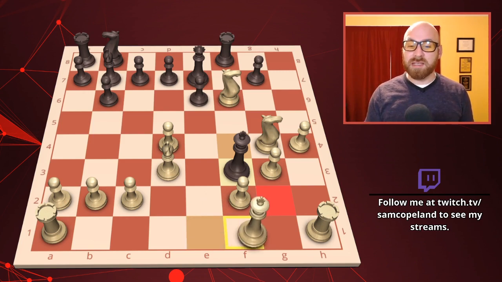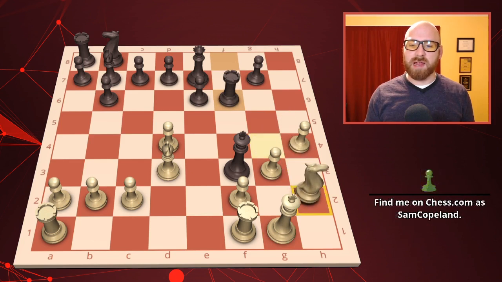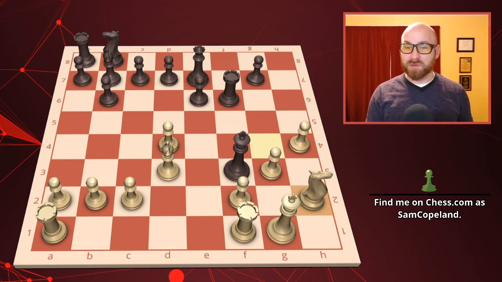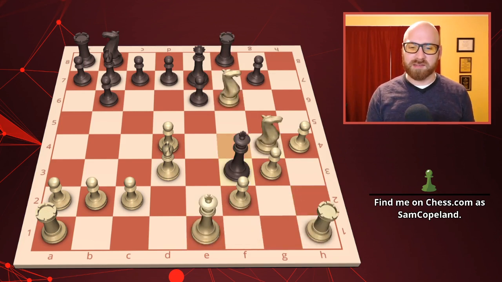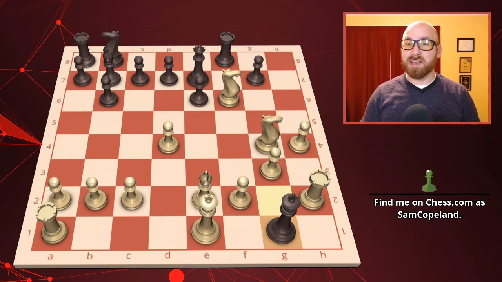So after king f1 or castling queenside, nothing black does can stop knight to h2 and checkmate. So we just got to cover g2 and then knight h2 is checkmate, which is really, really pretty. Retreating like this and giving checkmate is fantastic. However, in the game, what black played was bishop e2, which is also great, of course. And the king is forced up the board to g2. And now rook h2 check pushes the king to g1.